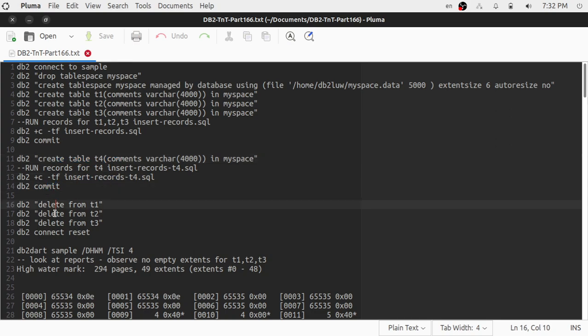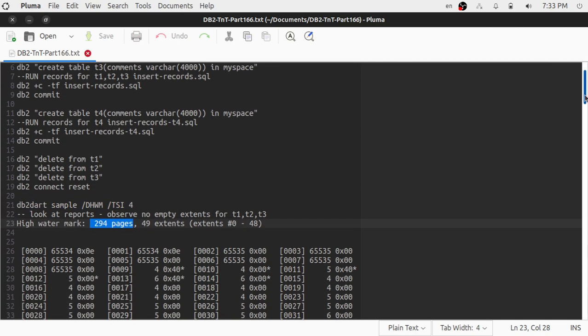And I'm deleting all the records from T1, T2, T3 because I want to have those empty pockets, right? So the hollow extents or empty extents. So even if I do all these things and connect reset and I use the db2dart utility to dump the high watermark information, you will find that the high watermark is pretty high, 294 pages, even after deletion